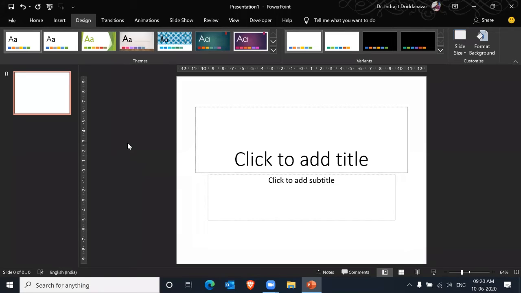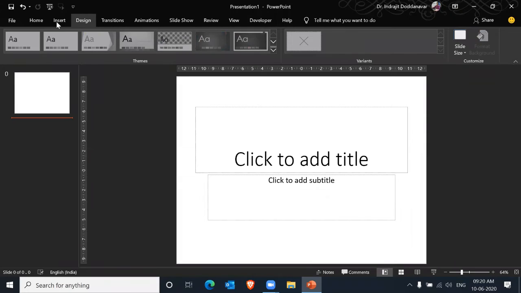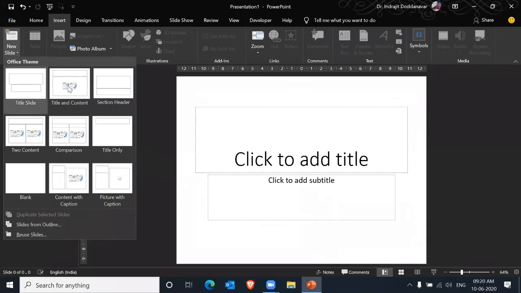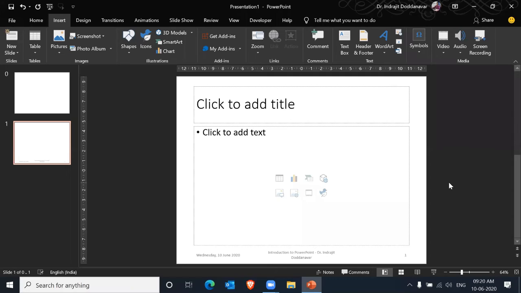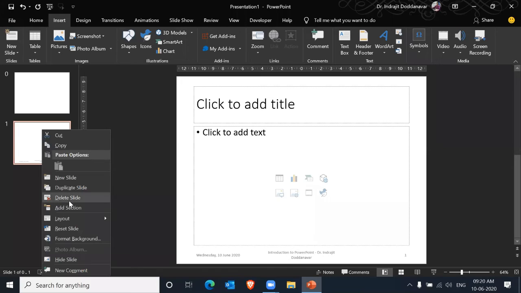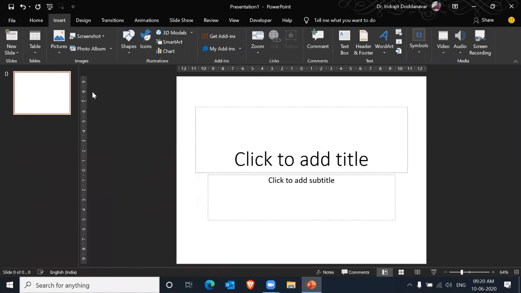Now, as you see, whenever I entered a new slide, it's coming blank, and blank slides are boring. People sitting in front of you might feel that the presentation is too boring, and that is why you will need to add some design so that the people in front of you like your presentation.